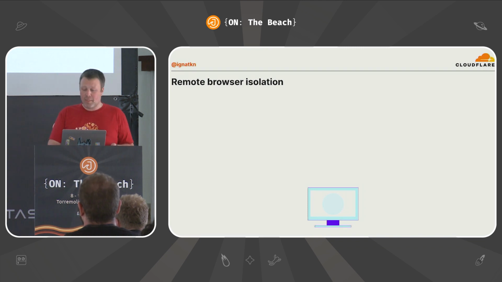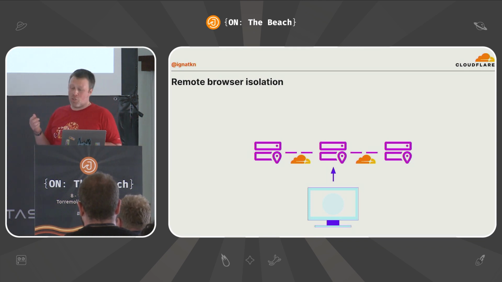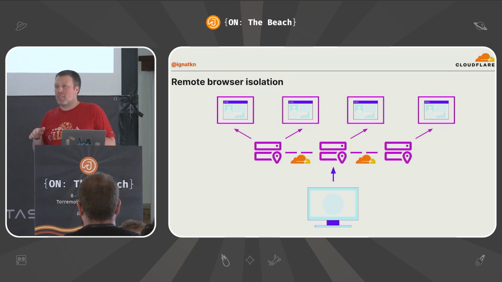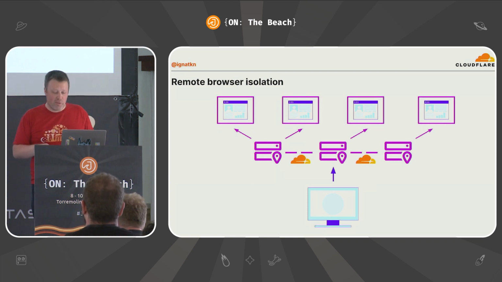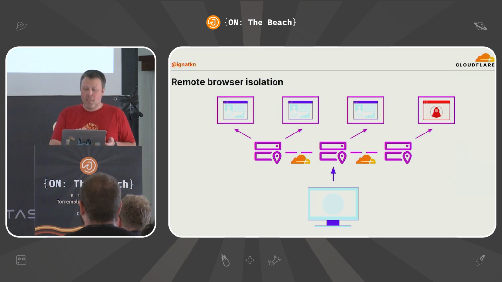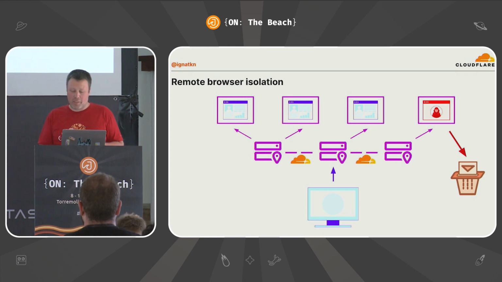For example, some CDNs and cloud providers provide a feature called remote browser isolation. So instead of running your browser session locally for a scary website, you can run your browser remotely, and it's a very seamless experience. So you can browse anything you want, and you can click any links you want. And if you click a malicious link, that particular session will be infected. But essentially, when you close that session, it will be securely destroyed, and your local machine will never be infected.